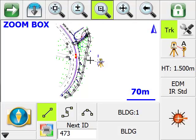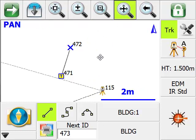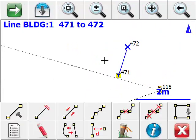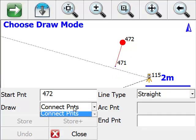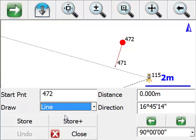If we go back to the building, and to show you some more tap and survey functionality, I'm going to tap on the line between 471 and 472, and we're going to pick the pencil command. What I want to do is continue the line work. But instead of shooting these other corners, which I can't because I can't shoot through walls, what I'm going to do is